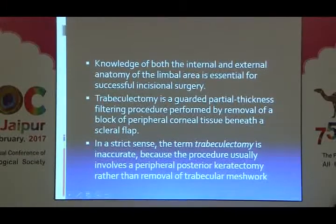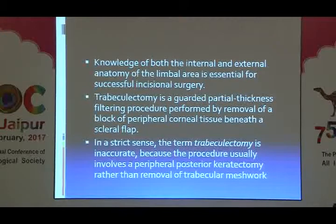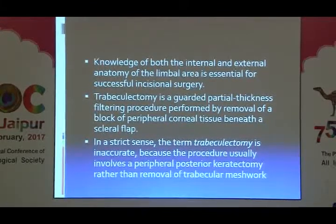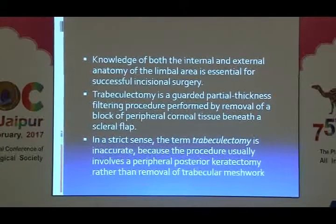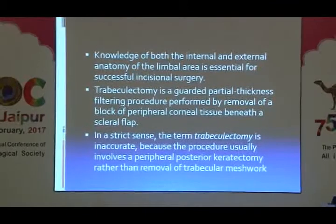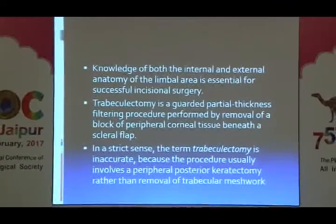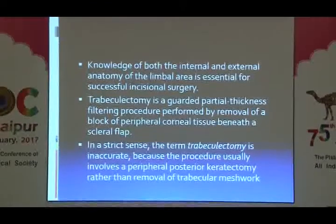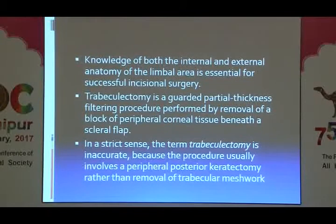So knowledge of both the internal and the external anatomy of the limbal area is essential for successful incisional surgery. As we all know, trabeculectomy is a guarded partial thickness filtering procedure performed by removal of a block of peripheral corneal tissue beneath a scleral flap. In a strict sense, the term trabeculectomy is inaccurate. This is according to the American Academy of Ophthalmology, because the procedure usually involves a peripheral posterior keratectomy rather than